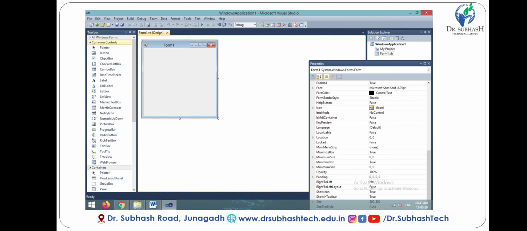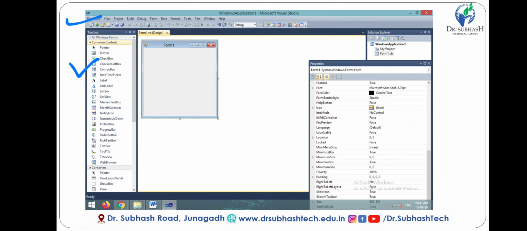So as per the figure, I have opened Windows application 1, which is from file into new. First we see this is the menu bar. As usual we are used to it. It consists of file, edit, view, project, build, debug, etc. So these are the menu bar. Now this is the toolbox. The toolbox consists of various tools, like if we want to create a button, checkbox, checklist box, combo box, these are the various types of tools it consists in the toolbox.